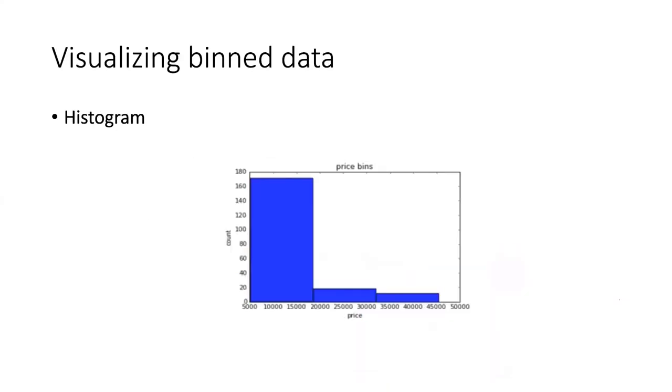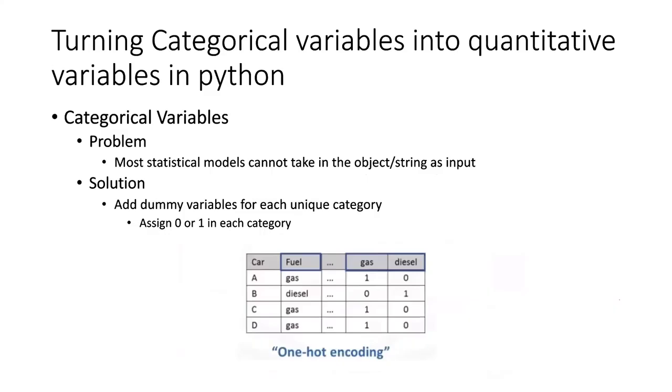And if you visualize it, then you would know the distribution, like how the data is distributed. Again, a distribution histogram also uses the binning technique to get the frequency. Okay, that's the thing. And turning categorical variables into quantitative variables, here is why it's needed,